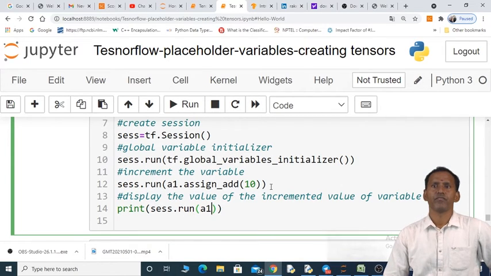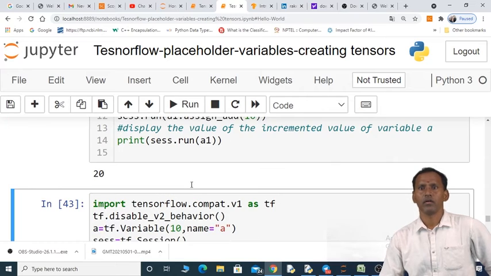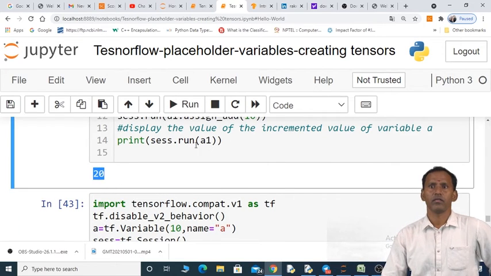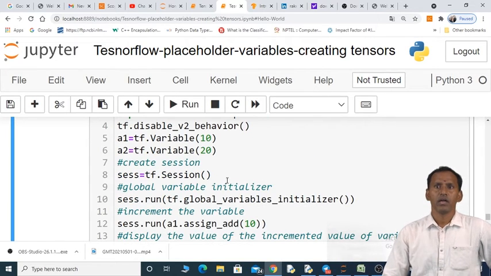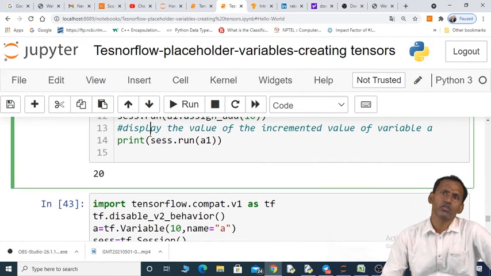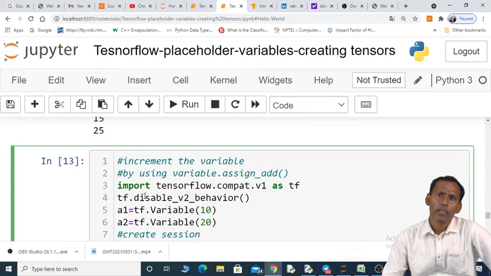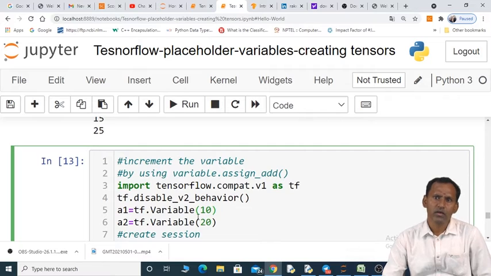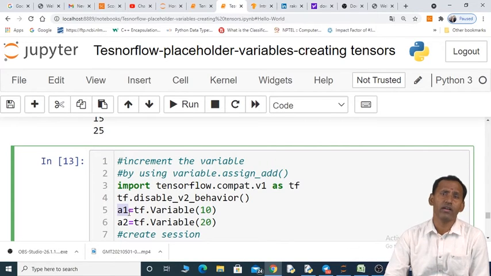Now if you want to see the variable value, simply we have to run A1. See, now we got 20, right? Actually its initial value is how much? 10, right? While creating variable A1, I initialized it with 10.